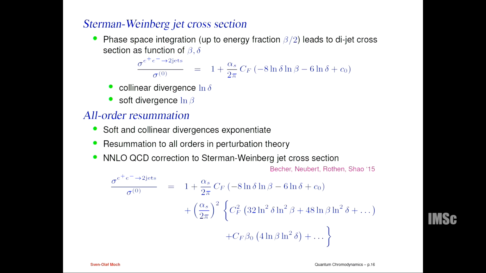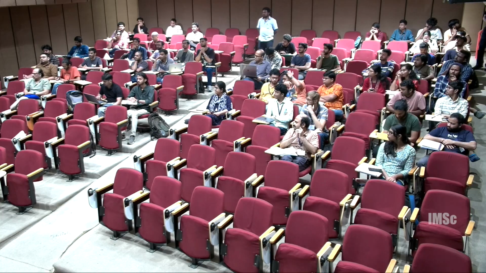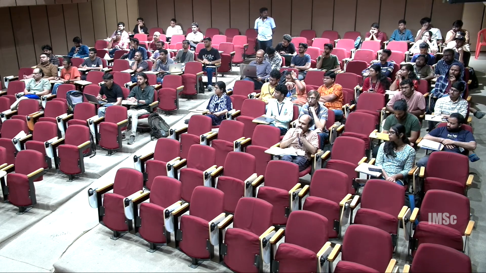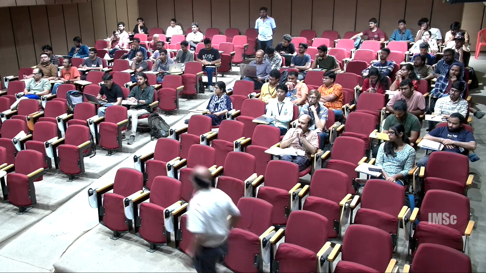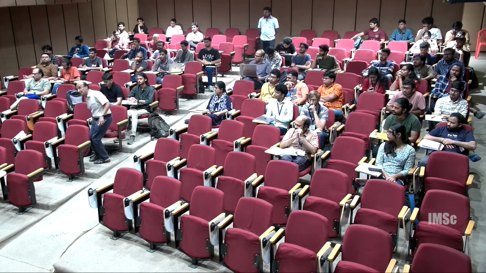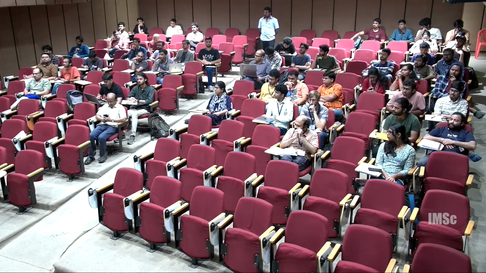I have a very nice question here. So you mentioned the Catani-Seymour subtraction scheme a bit earlier. For the soft and collinear divergences, we can usually use this technique without any problems. But when we have, for example, large Sudakov logs, and we need to resum, can the Catani-Seymour approach be used as it is?